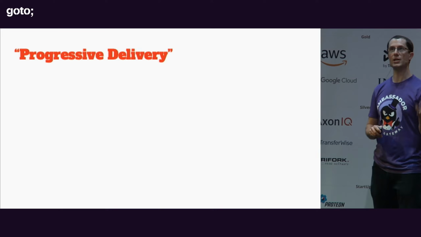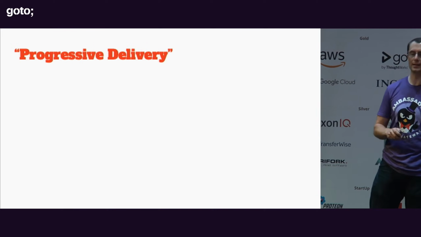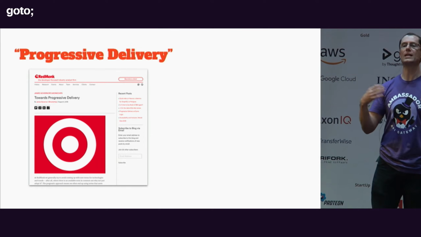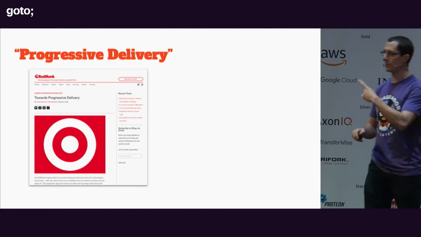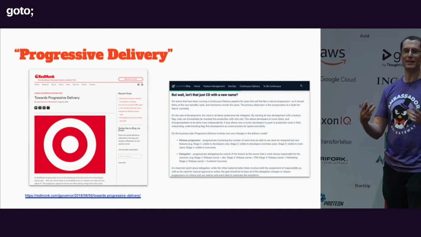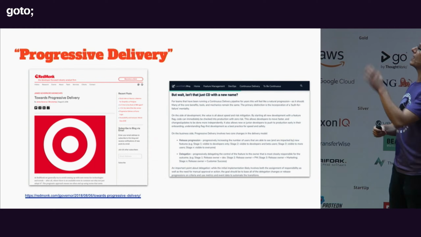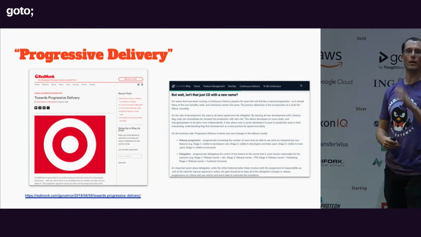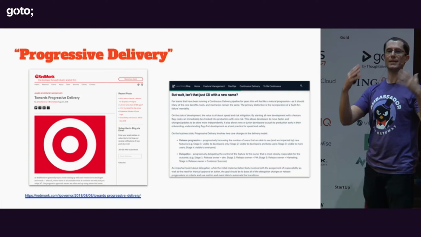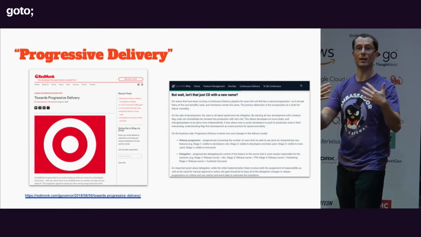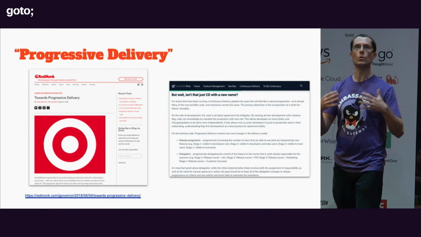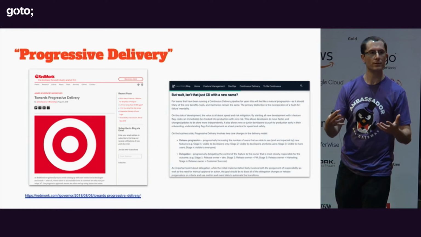Now, some folks, like James Governor from RedMonk in the UK, have talked about this as progressive delivery. Again, we love our buzzwords in the industry, and someone's rightly kicked back and said, isn't this continuous delivery with a new name? Yeah, it kind of is. But James is a deep thinker. And one of the things James said is that to enable people going from having ideas to delivering value in modern applications on the cloud,